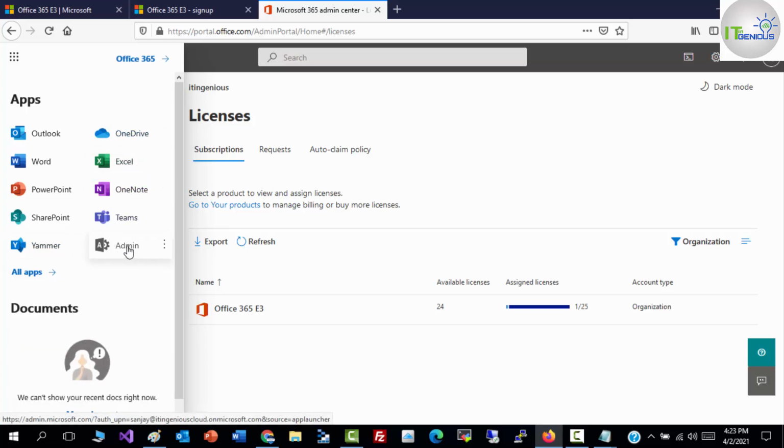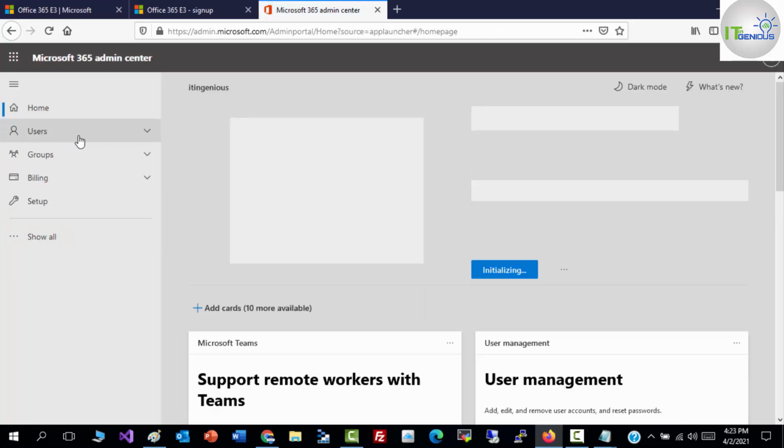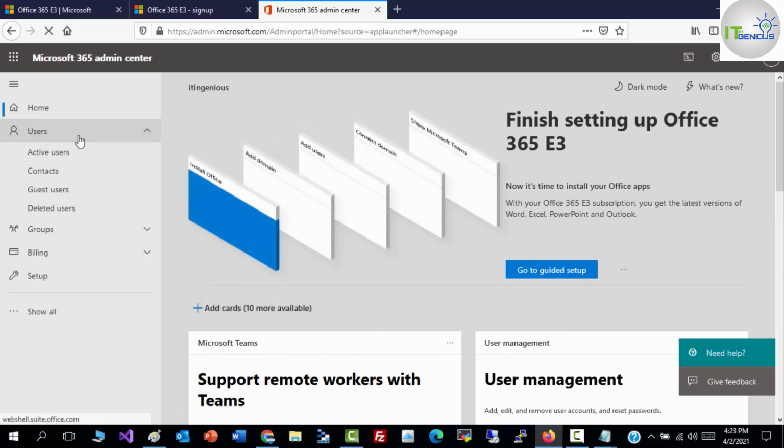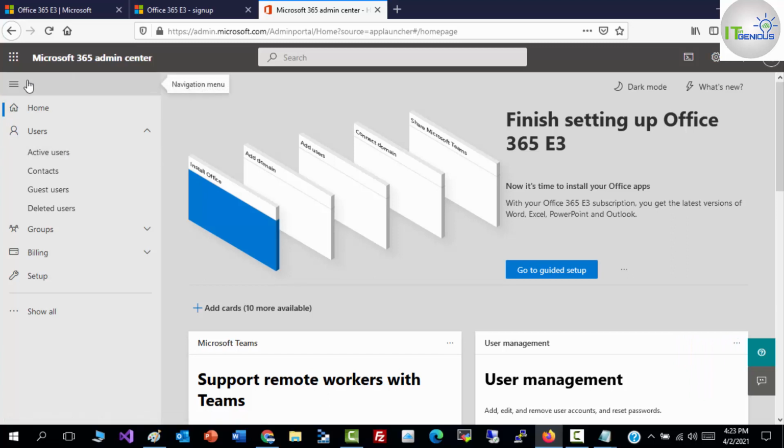So we need to click on admins, where you will get admin center for managing this subscription. So here you would be able to see, we would be able to create users, we would be able to manage user account. So you would be able to redirect anytime to your admin center, and where you would be able to set up your account.